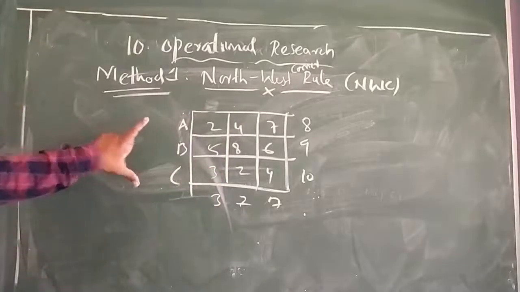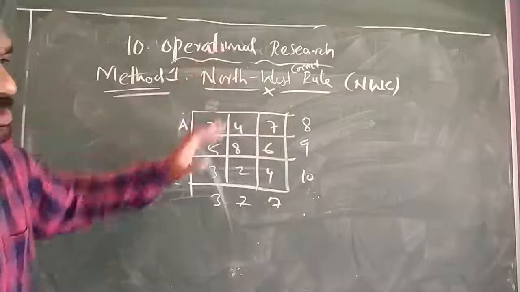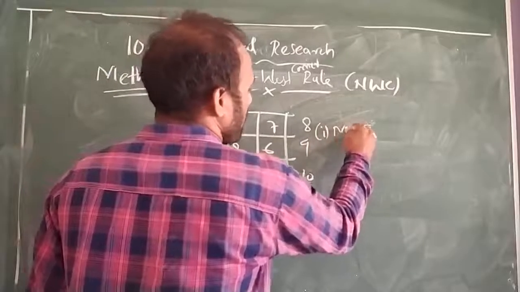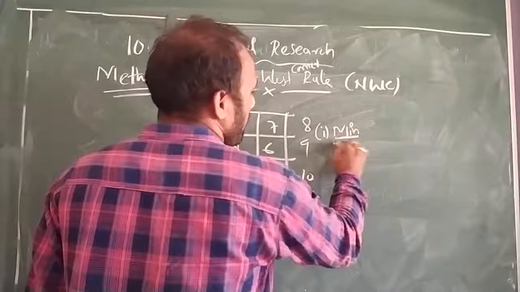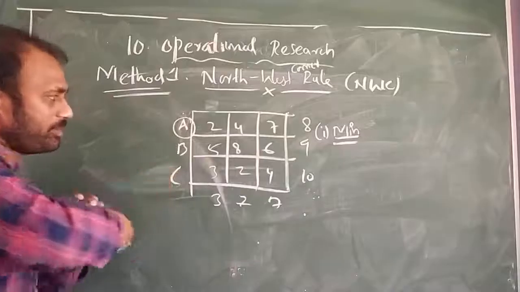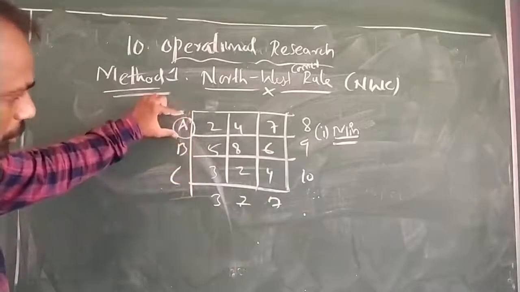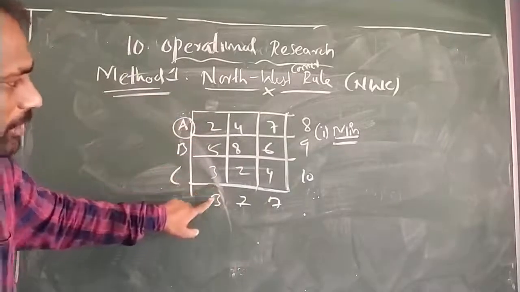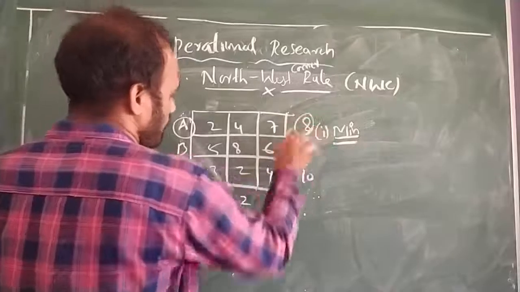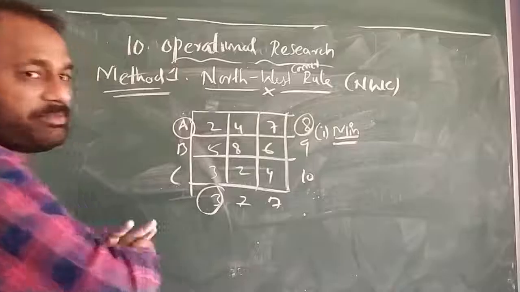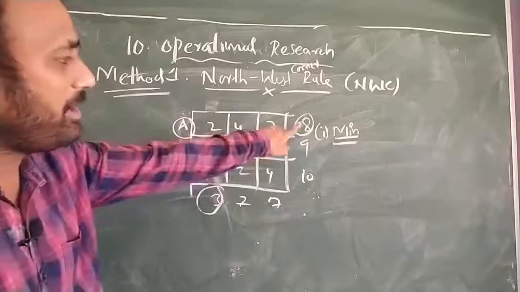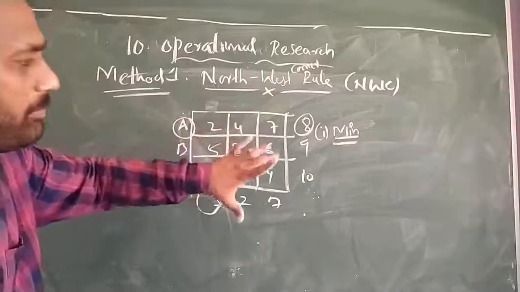So while solving this type of question by using the north-west rule, we have to understand only one concept: we are going to minimize. We are going to minimize based on the parameter, starting from A. First of all, we take the first supply value and the minimum value. In the first values, 3 and 8, what is the minimum? 3 is the minimum. Between 3 and 8, supply is 3 and demand is 8. We are going to use only the minimum value.